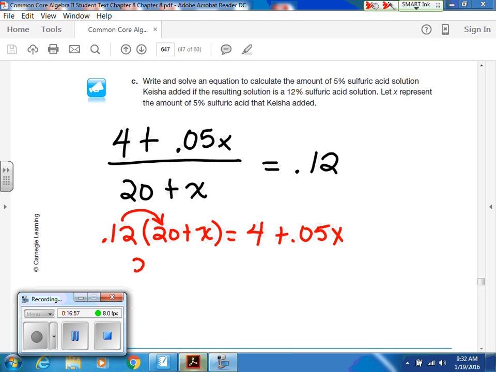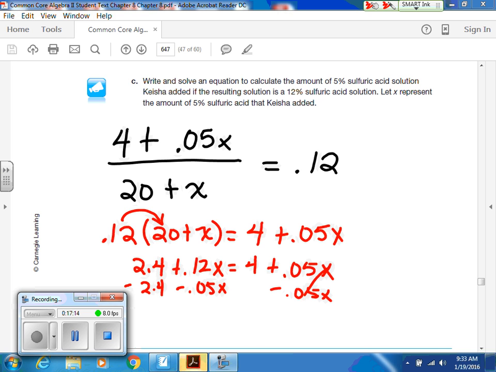Alright, so this is 2.4 plus 0.12x equals 4 plus 0.05x. And then you have to move some stuff around. I'm going to move this, and I'm going to move this. Over here, is that 0.07? Yes. And that's 1.6? Okay, I can't divide this in my head. It's about